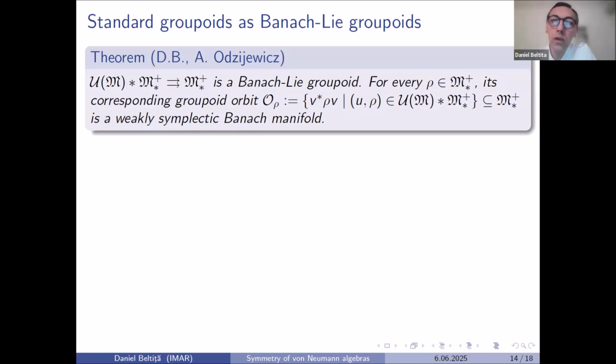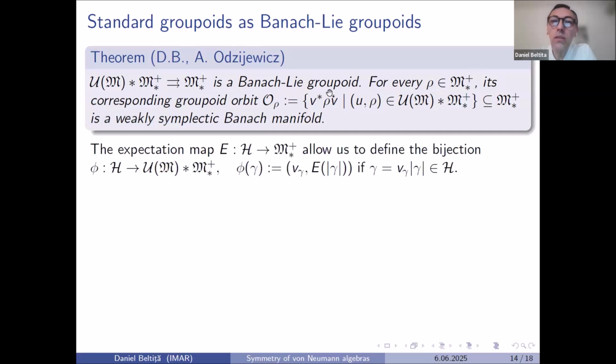Namely, in the case of Lie groups, the Lie group acts on the dual of its Lie algebra, exactly as here, this acts on the predual. And the orbits of the coadjoint action are symplectic, have symplectic structures, a remark due to several people, including Kostant, Souriau, Kirillov, and maybe others. So far we have a pretty nice Banach groupoid. What is important is that it is isomorphic to the standard groupoid.